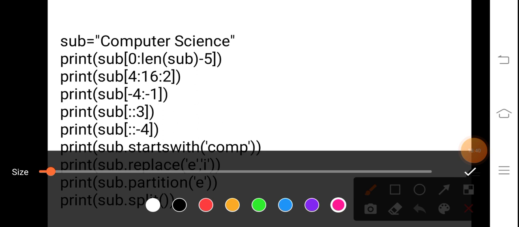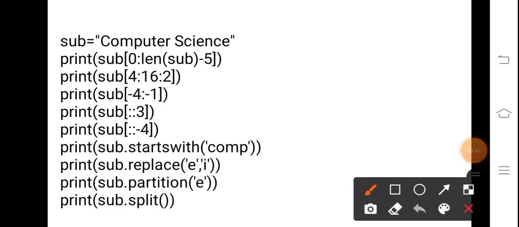Now what are we taking? 0 to len(sub) - 5. What is the length of the string? It is 16. So if the length is 16, we are writing len(sub) minus 5, and the answer will be 11.